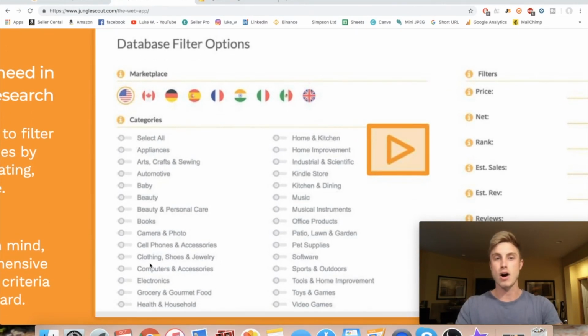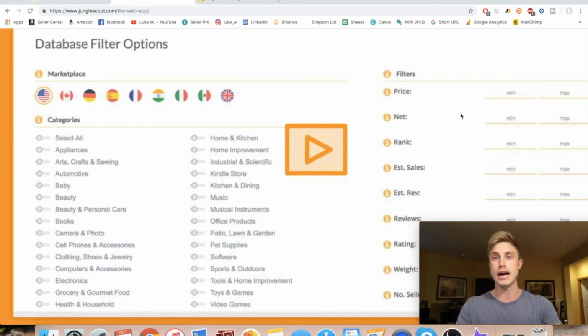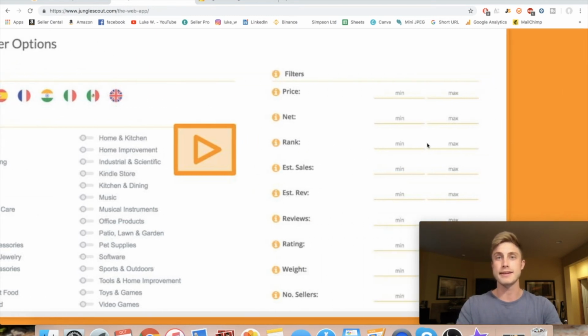You can highlight all the certain categories that you want to be looking at, number one. Ultimately, this web app filters every product in Amazon to meet the search criteria that you type in here in the filters. So I would put up baby, beauty and personal care. I would probably leave out electronics because I don't want to be dealing with electronical issues and liability type products. I can just select the categories of products I want to start selling,